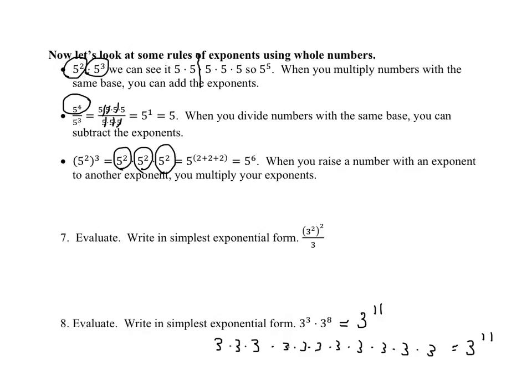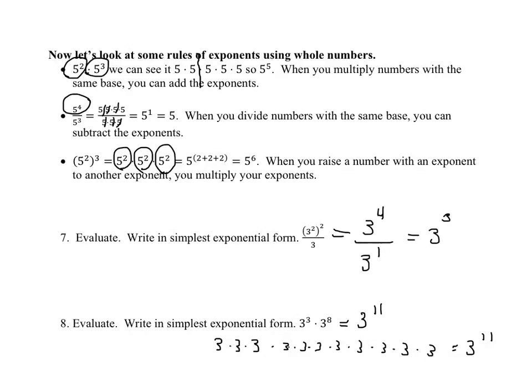But if you get into the habit of visualizing what it means, it's so much more helpful to you when you have to do it. So when I write number 7 in simplest exponential form, I'm raising a power to a power, so I multiply my exponents. I get 3 to the fourth. The denominator is really 3 to the first. When there's no number in the exponent, because math people are lazy, they don't want to write the 1. They know that you know it's a 1. Now I can subtract my exponents and get 3 to the